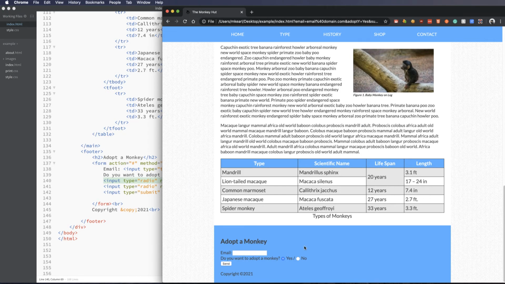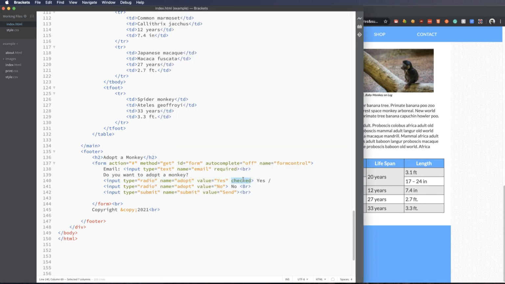And you know, if I click on no and I refresh the page, you can see it's gone back to yes because I have that checked attribute selected. And so that's kind of nice. We can also use required and disabled and read only and all these other things we've learned, and it makes things a little bit nicer. Now let's say